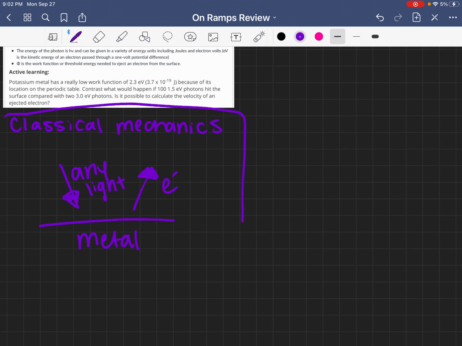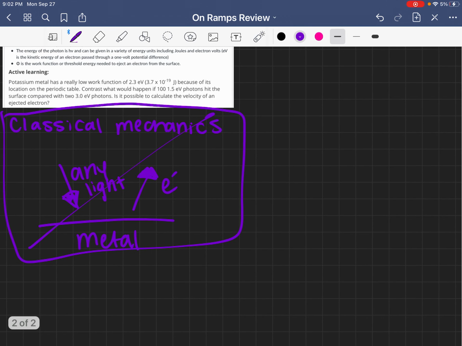And this is not the case. Photoelectric effect